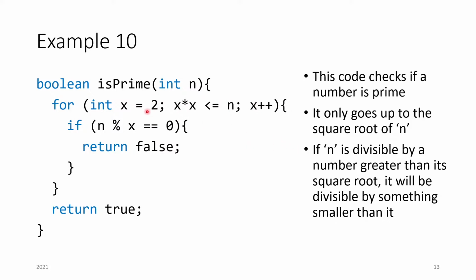If our n number here is divisible by some number that's greater than the square root, obviously it's going to be divisible by something smaller than that as a result. So we need to figure out, where do we get the square root of n? And we see here that x by x is less than or equal to n. So let's rewrite this code accordingly